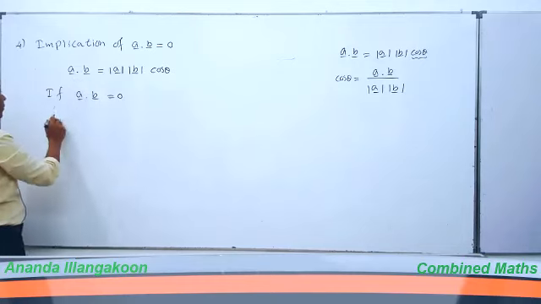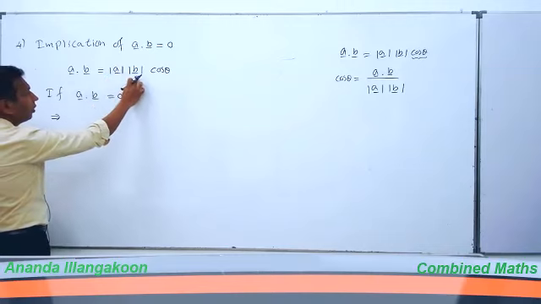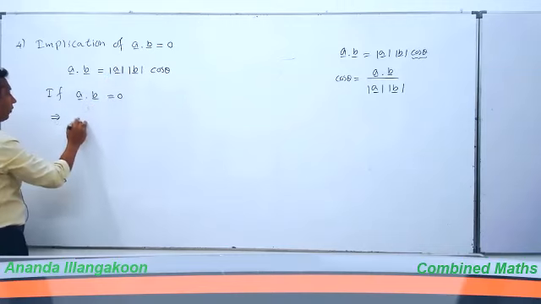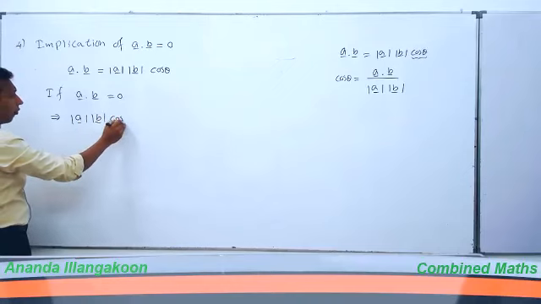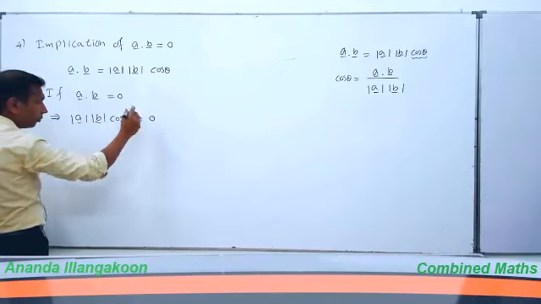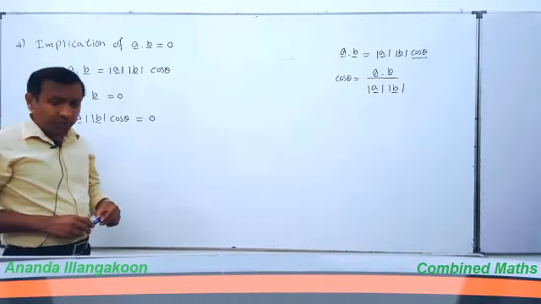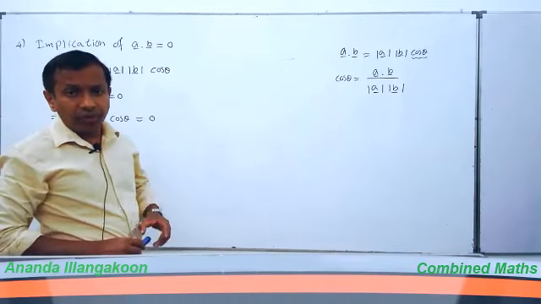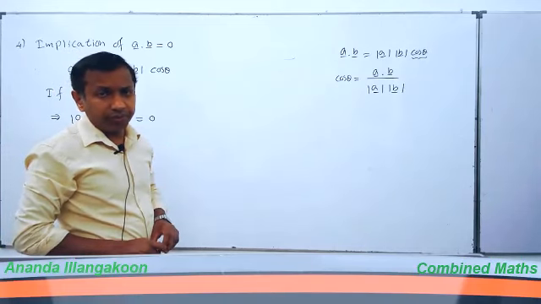This implies mod A times mod B times cos theta is equal to 0. Mod A is a real number, mod B is a real number, cos theta is a real number. A product of three real numbers equal to 0 can happen